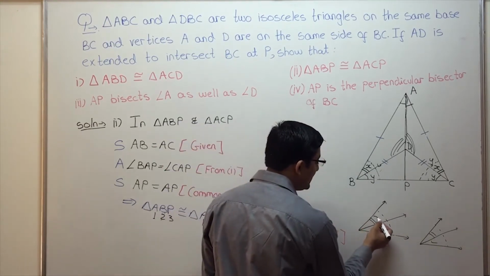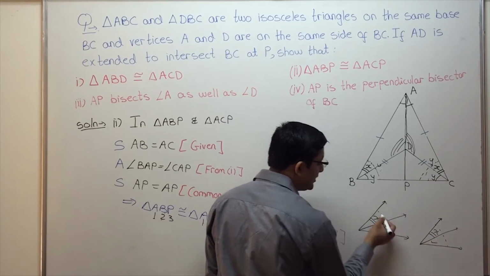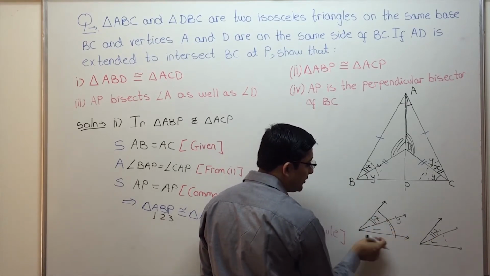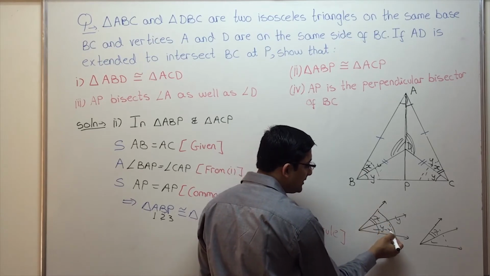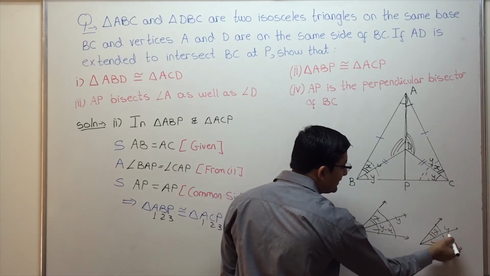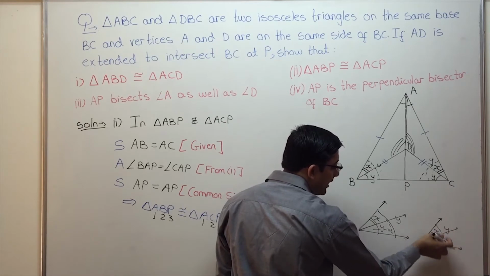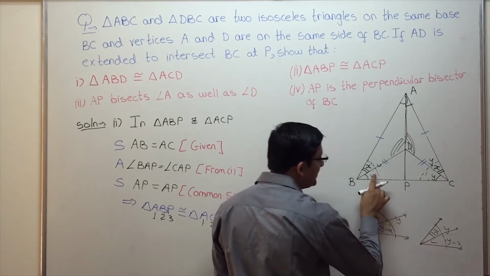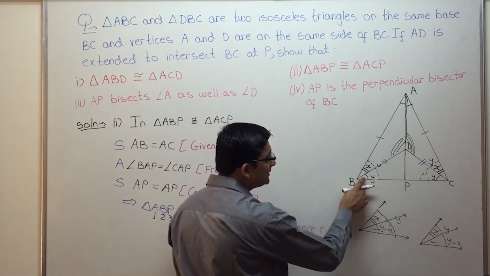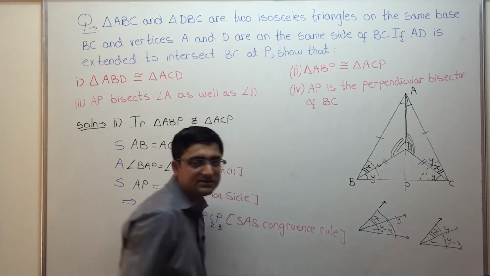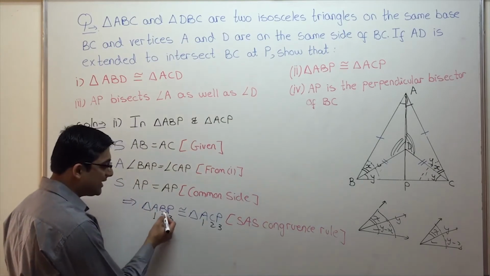See, let's say this over here is X, this over here is also X. Now let's say the entire angle is Y. So what will this angle be? Entire angle minus this, so this will be Y minus X. Similarly, here also the entire angle is Y. So what is this angle? Y minus X, right? So basically these two angles are equal. So basically what we can conclude is that this angle over here is equal to this angle over here. So basically angle B is equal to angle C.